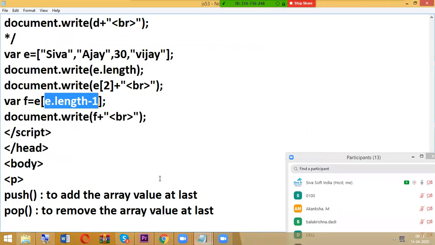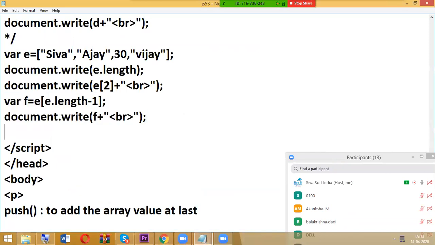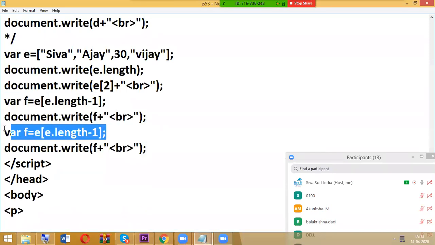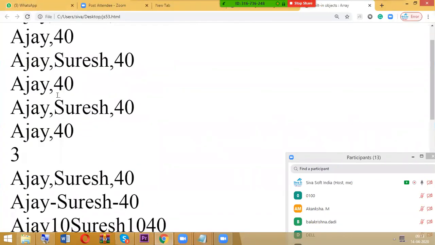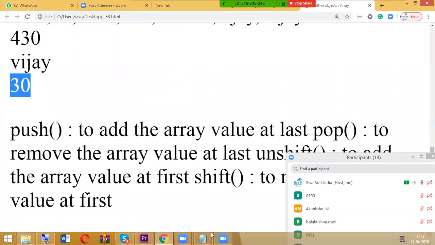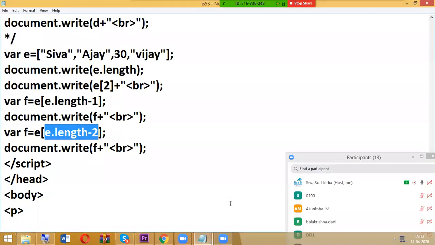Next, as usual, if you type -2, then what is the meaning? E.length is 4, 4 minus 2, that means E of 2. E of 2 is 30. So this is the way we can work with arrays. Even some other concepts are there. We will discuss them in tomorrow's class. Okay. Thank you.